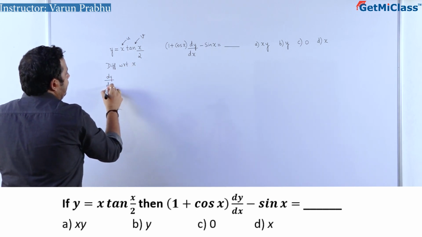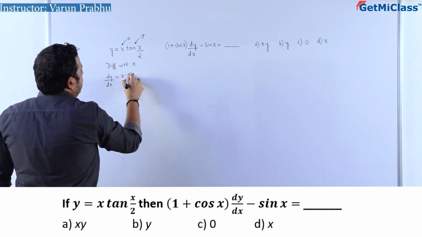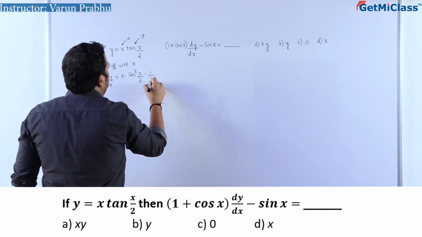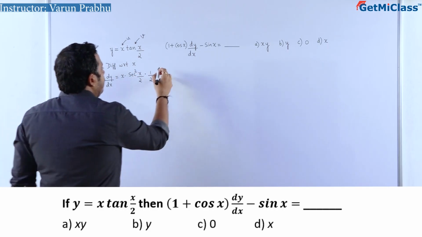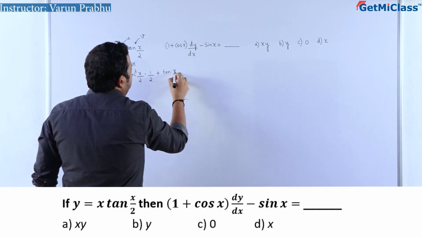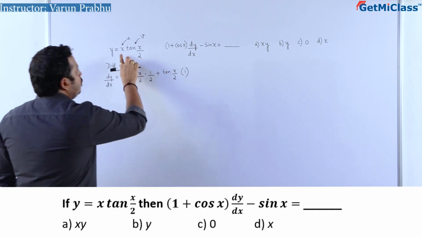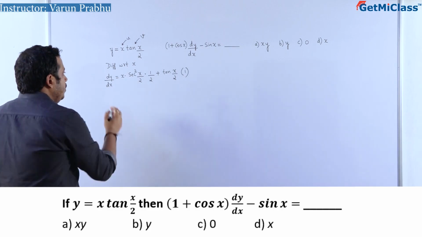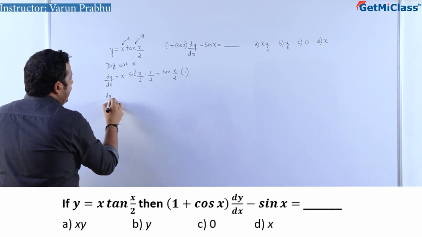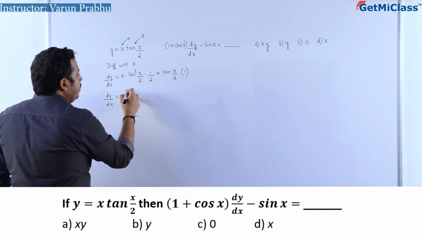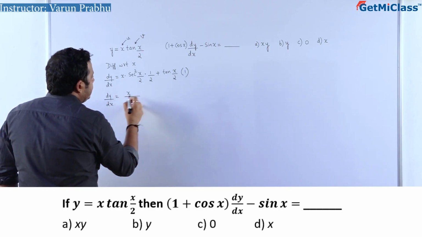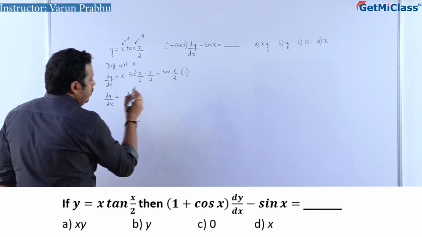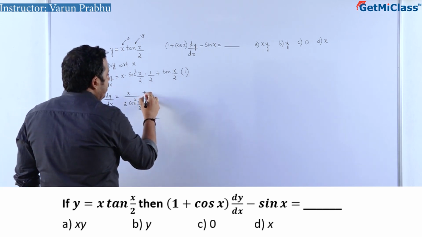I'll get dy divided by dx is equal to x into tan x by 2, which can be written as secant squared x by 2 into 1 by 2, plus tan of x by 2 into 1, which is differentiation of u into differentiation of v plus v into differentiation of u. So I can say dy divided by dx is equal to x divided by 2 times cos squared x by 2 plus